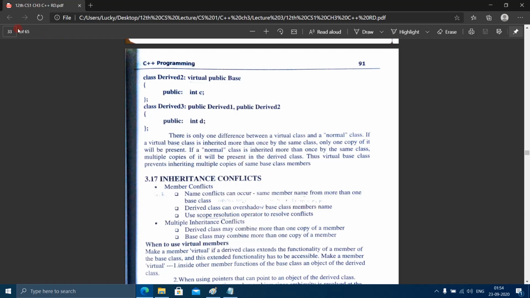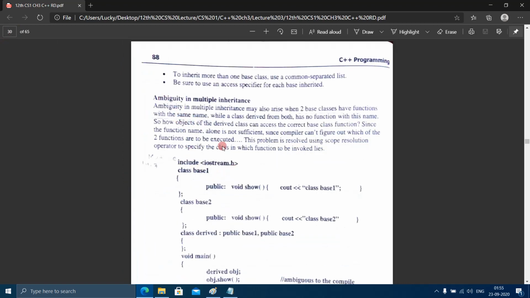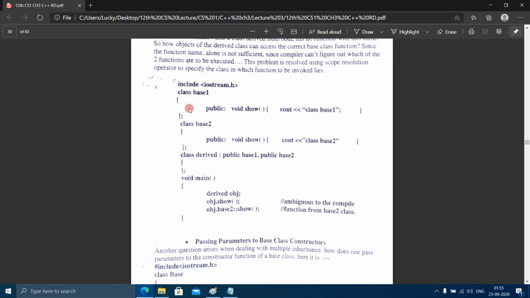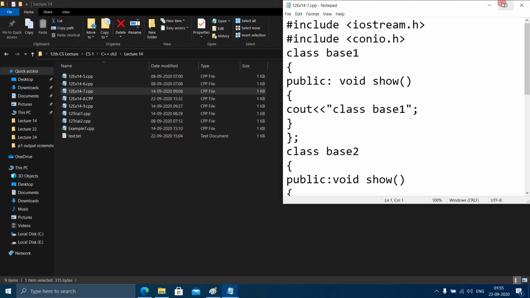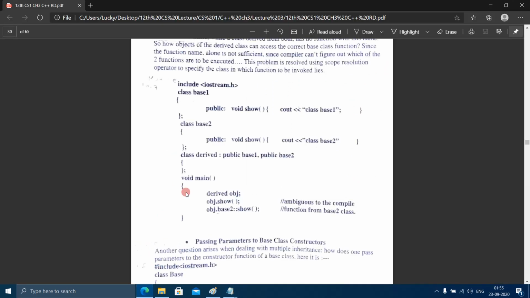It means that when I talk about this program again, the base class has the member function show. Base 2 also has the member function show. If the derived class also had the same function show, I will open this program in Notepad. This is the same program as this.